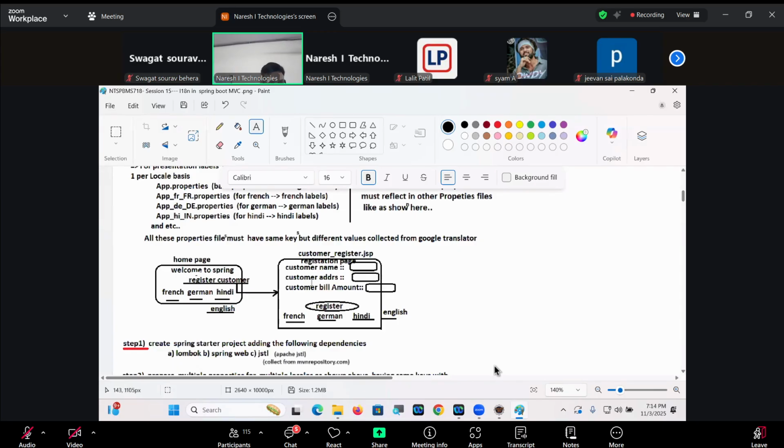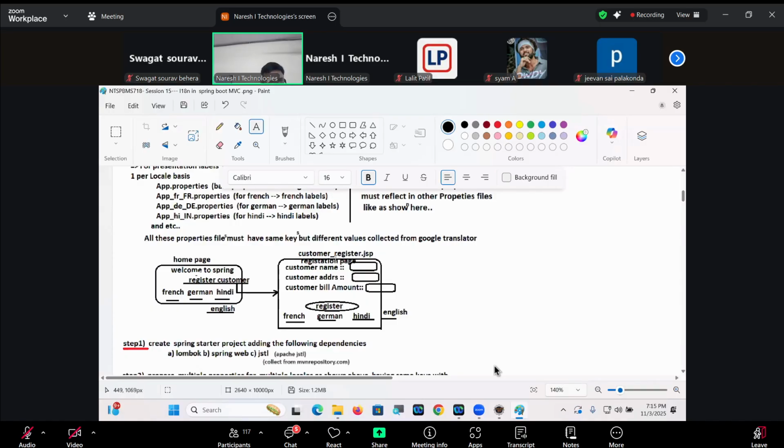So this is the simple application I would like to develop, guys. On the home page, this hyperlink label should change based on the locale we choose. And this is the form page that should come when you click on the hyperlink.